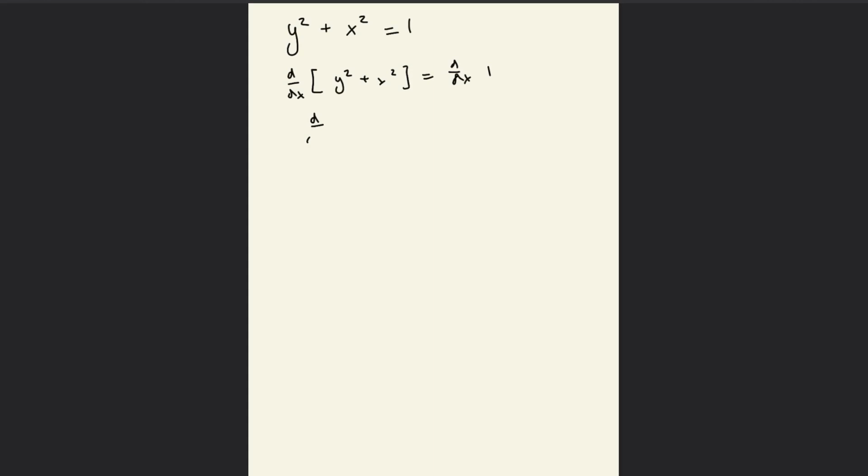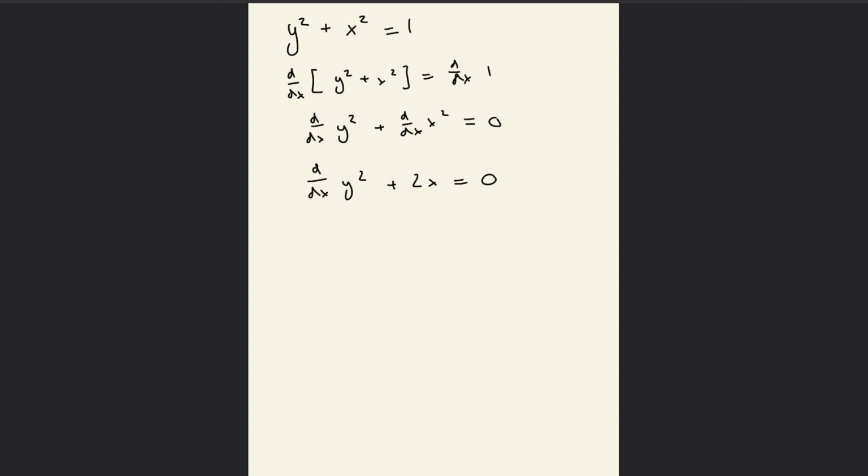And we simplify this, so d/dx of y squared plus d/dx of x squared equals 0 because that's a constant. And I'm just going to leave this for a bit later. And here you can just solve it, plus 2x, right, using the power rule. And then you're left with